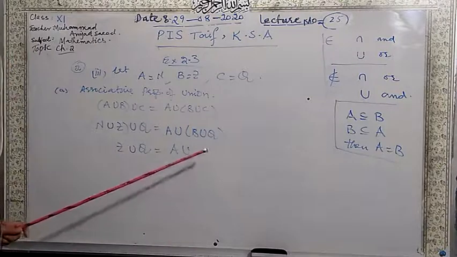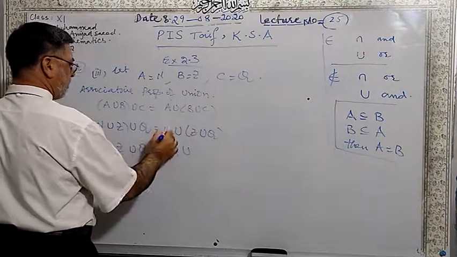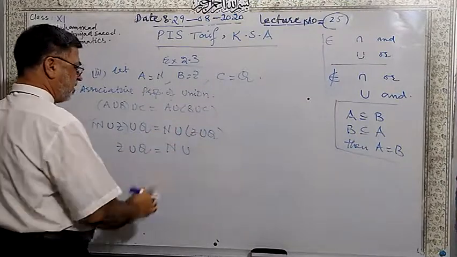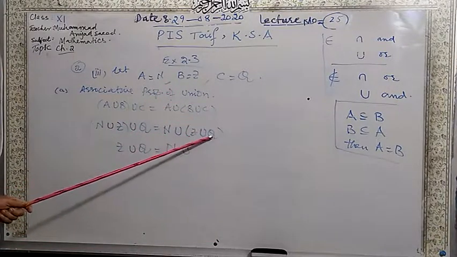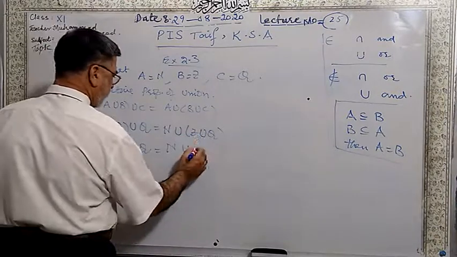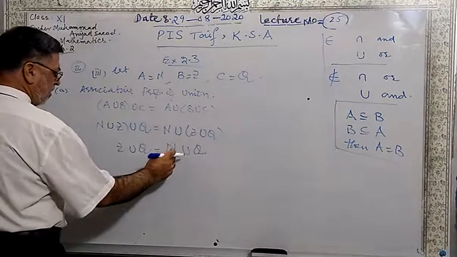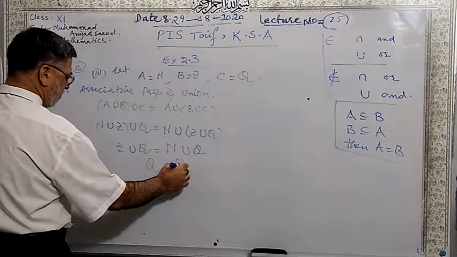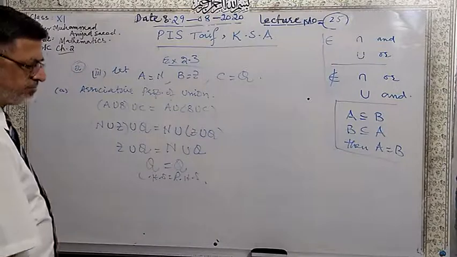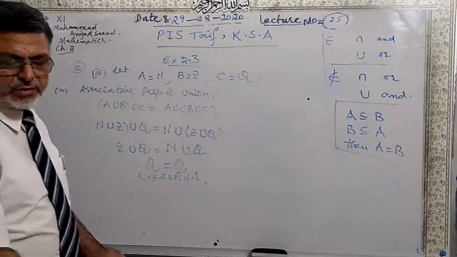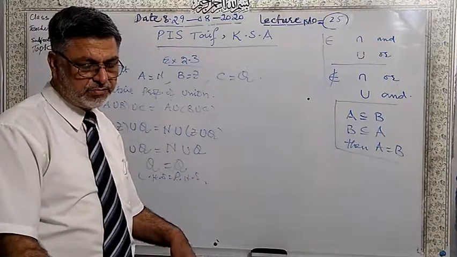Here B is Z. A is N, the set of natural numbers. Yes. So what is the union of Z and Q? Remember that the bigger set is the set of rational numbers Q. It is bigger than the set of integers, so it is Q. So again, union of Z and Q is Q. Union of the set of natural numbers and rational numbers is Q. So left hand side is equal to right hand side. This is the way. I think you can do the associative property of intersection also.